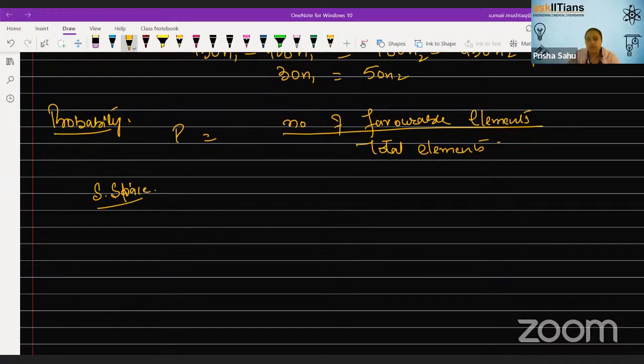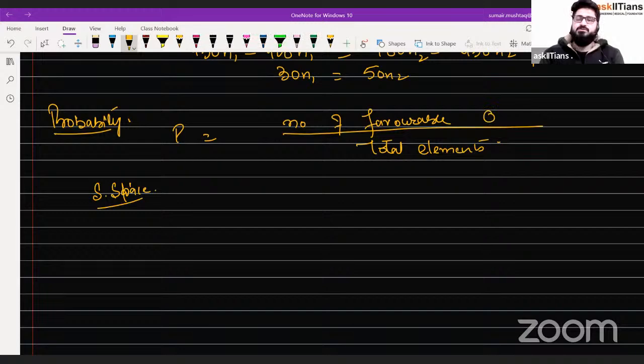A list of all the possible events, total outcomes. Number of favorable, I will say not elements, outcomes, divided by the total outcomes. Okay, total outcomes. Let us suppose a simple question: if